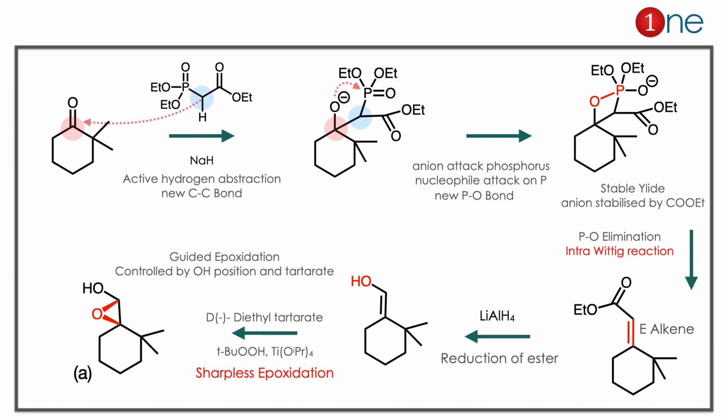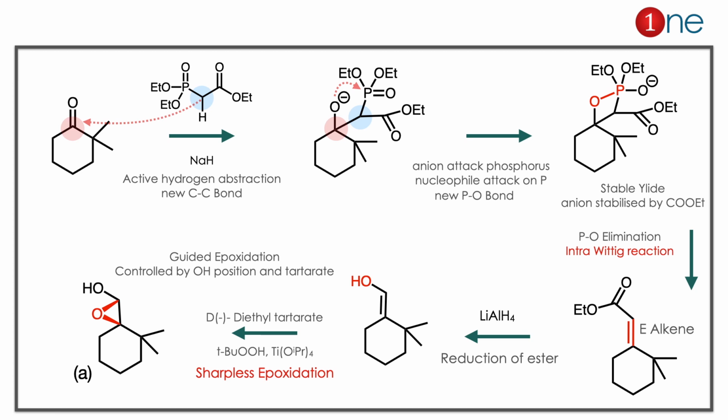So what is really happening is a kind of Wittig reaction. In the Wittig reaction you have alkene formation with phosphorus and oxygen elimination. Here you can have E alkene or Z alkene. But with a stabilized ylide you have E alkene. Here ylide means the phosphorus-attached carbon which is stabilized by the electron withdrawing COOEt. So it's a stabilized ylide, it has the time, so it goes to the thermodynamically stable E form. So the COOEt is on the left side.